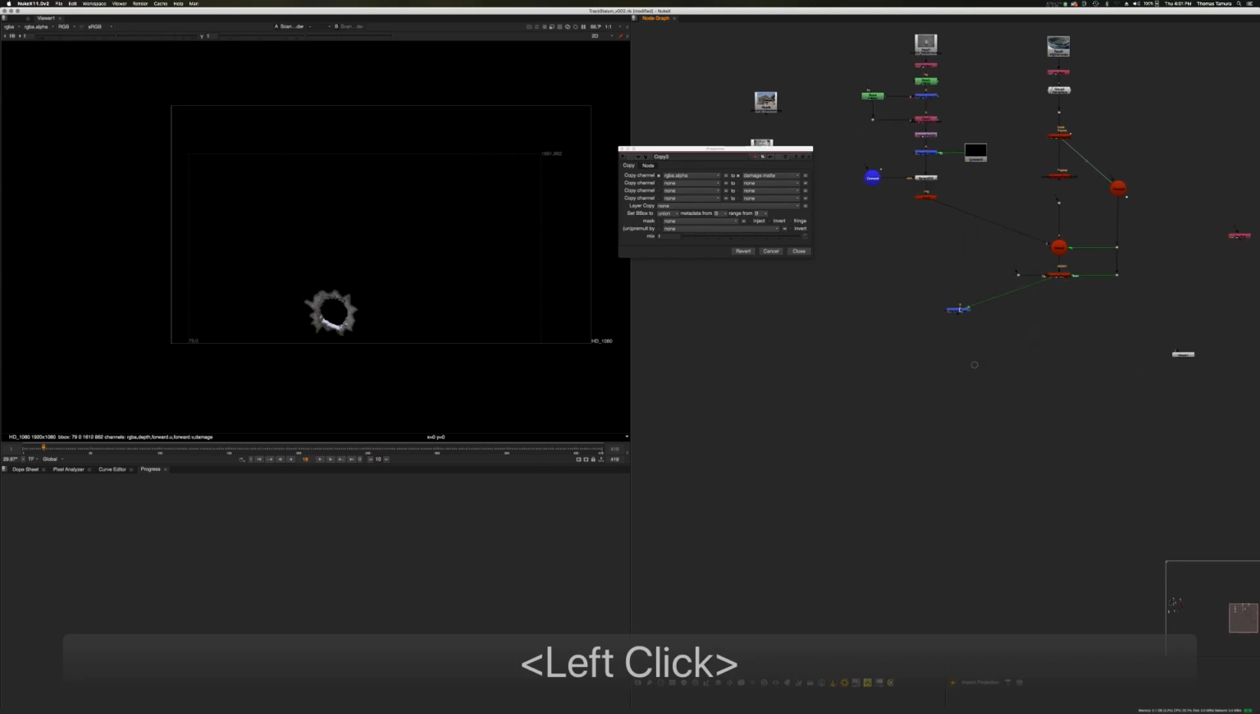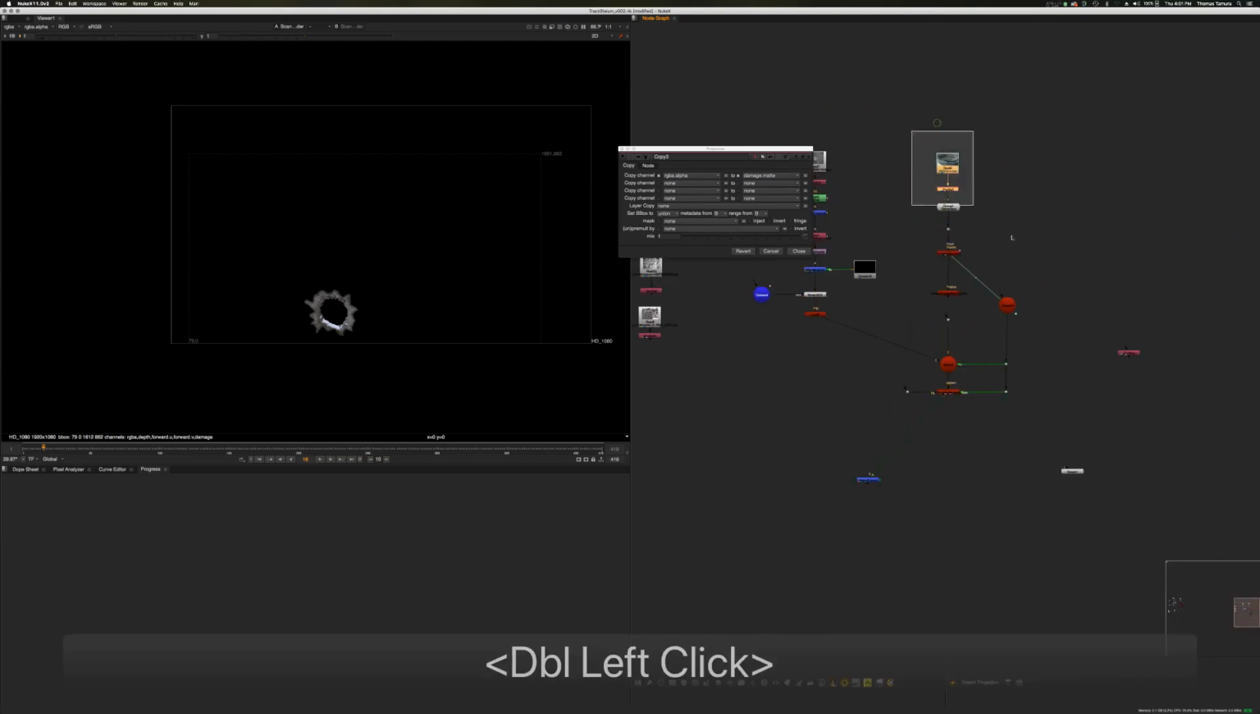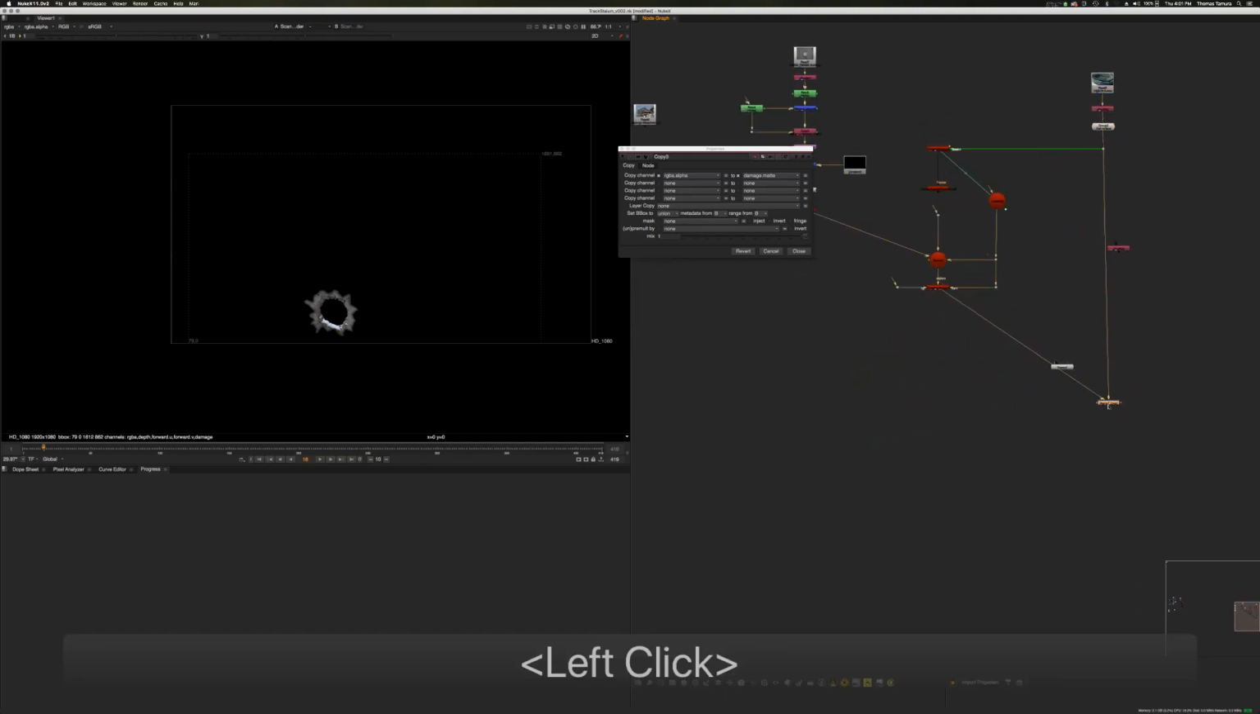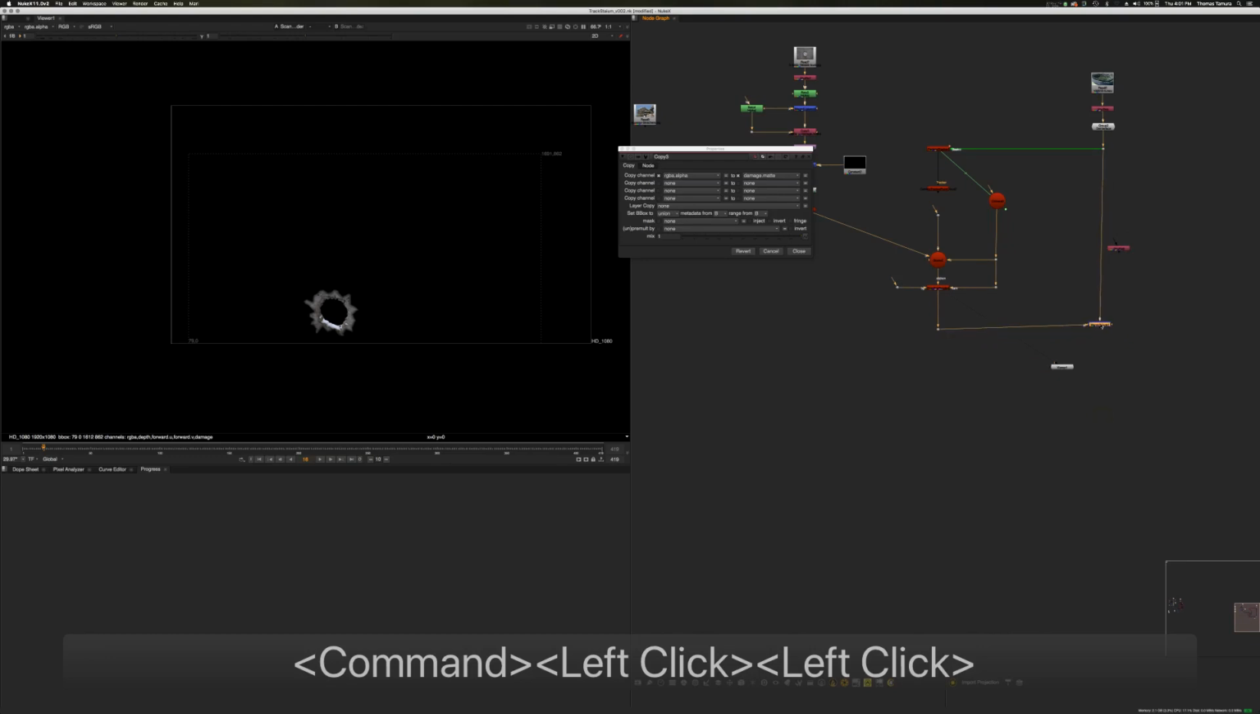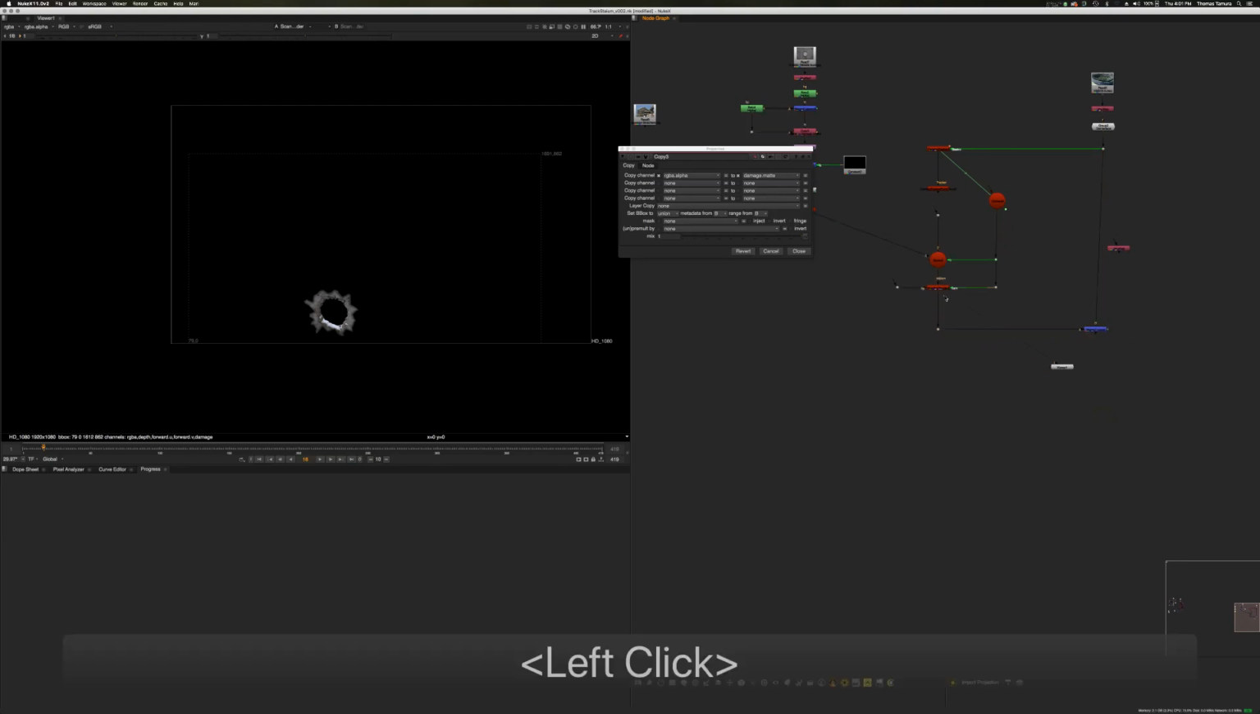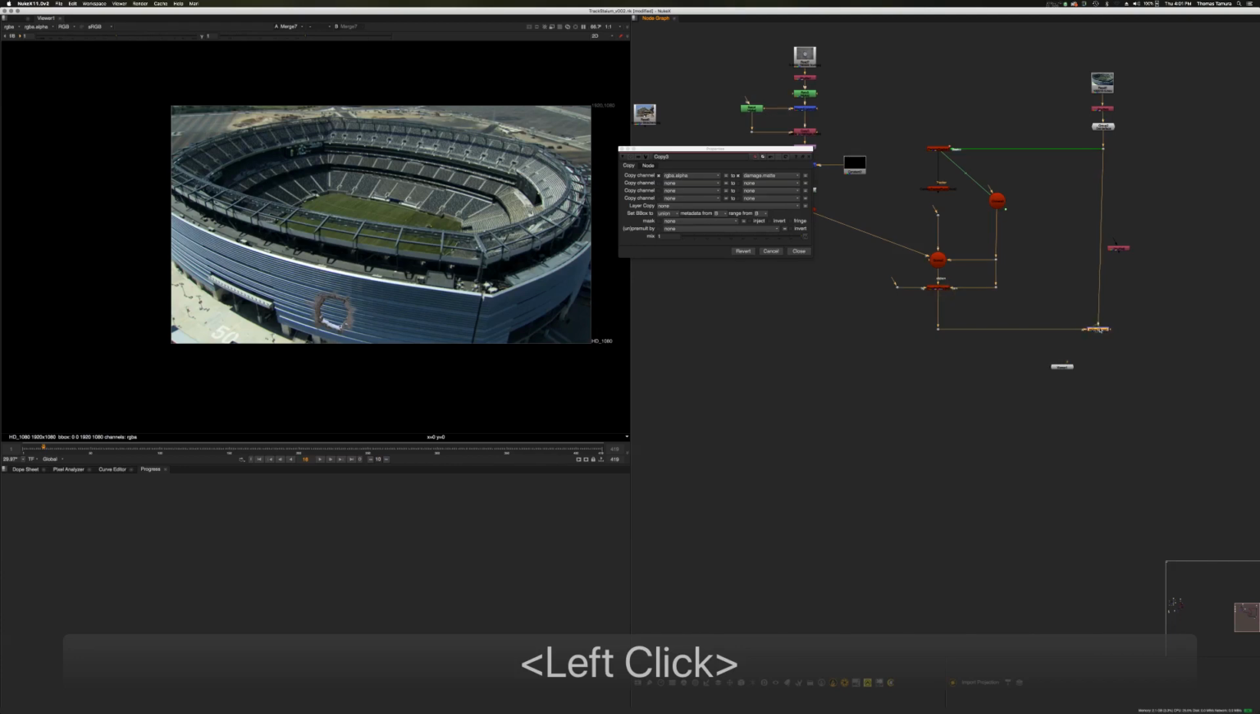Next, let's go ahead and move this stadium off to the side like this, and let's merge A over B. So let's go ahead and take the B side from here and draw out a dot node like so, and merge A over B. So now we have our hole over our stadium,